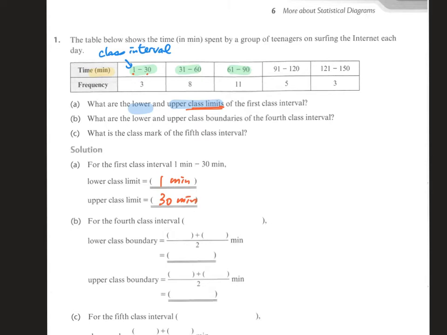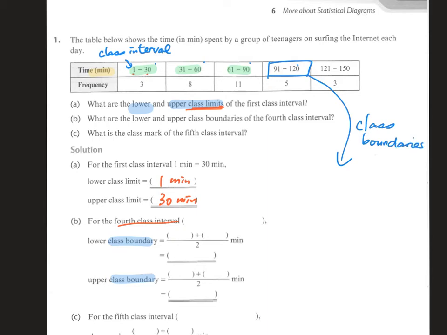Very simple, right? Okay, for the fourth class interval, now you will see that it comes to another two keywords called class boundaries. Let's see what should be done. Okay, first 1, 2, 3, 4. This is the fourth class interval. And then in order to change to class boundaries,